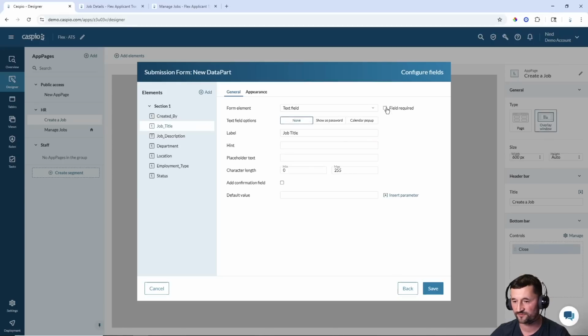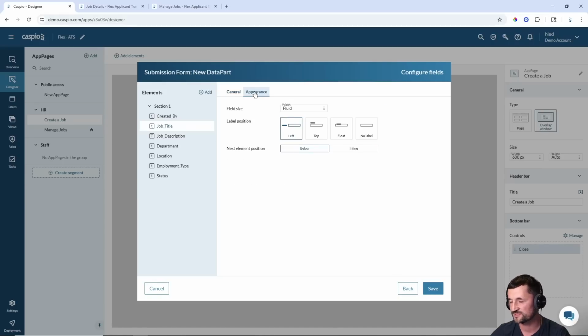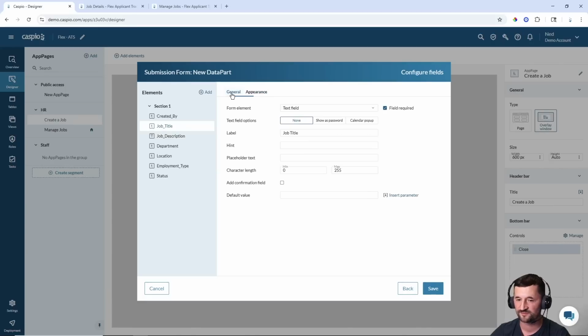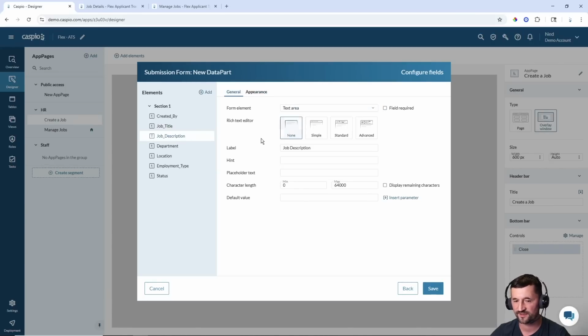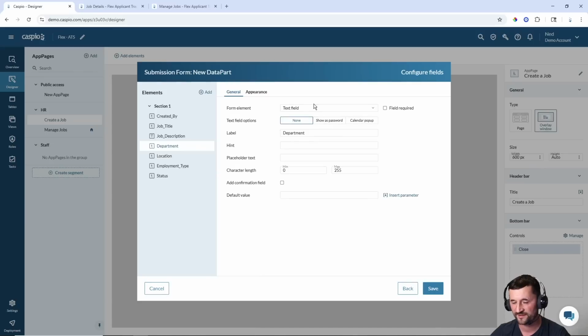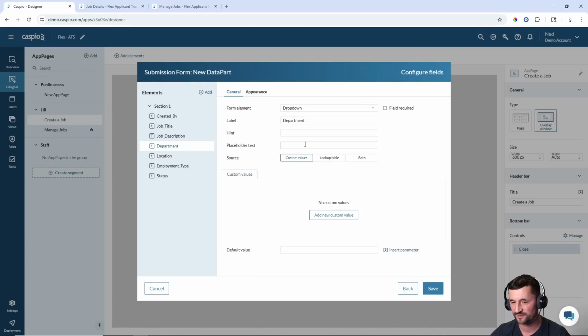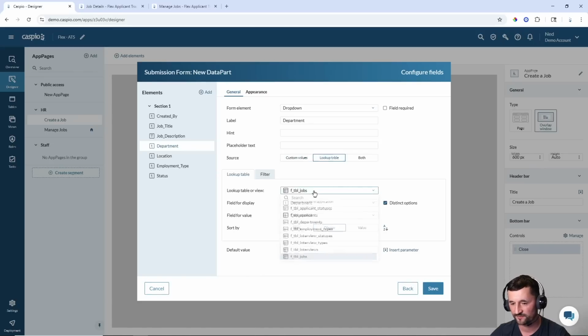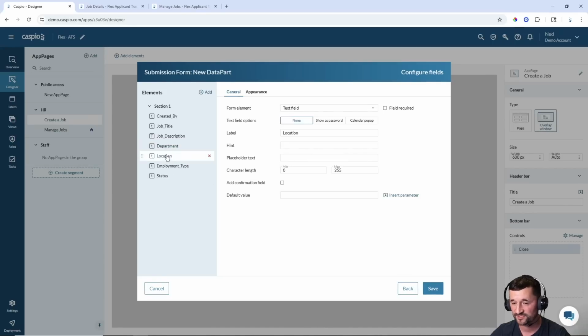Job title can be a required field. Again, just for the interest of time, you can go to appearance and make some adjustments to your fields, but let's just keep things the way they are. Job description is going to be a text area. Department, we have tables, so we can simply link that to a lookup table for departments. Very simple. We have location, so this can be a remote position, or if you want to list down a